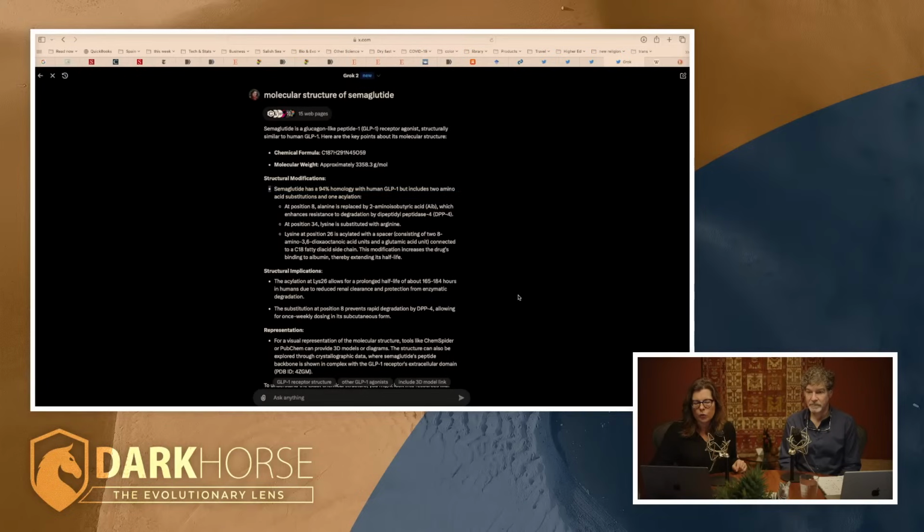What do they do? Here we go. The acylation here allows for a prolonged half-life of about 165 to 184 hours in humans due to reduced renal clearance and protection from enzymatic degradation. So you're taking this thing, you're signaling your body to produce something that's like a human hormone that is normally only produced when you eat. You take it when you're not eating, and it has been modified in that way and in this second way